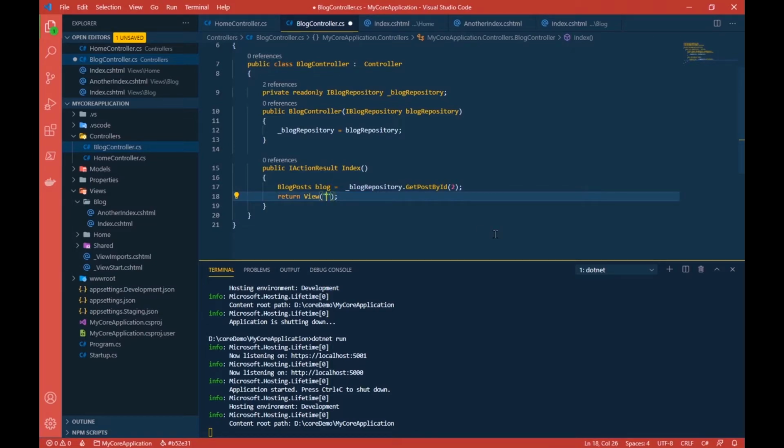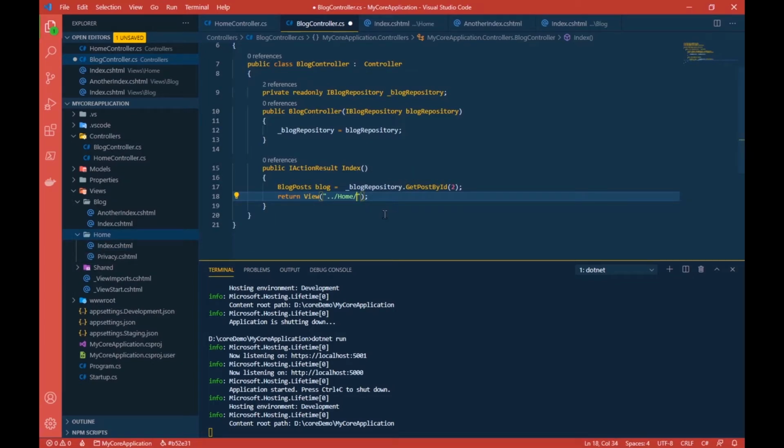So what I'll tell this, by default, we know that it will always go inside this blog folder. Once the view discovery mechanism is inside this blog folder, I will tell it to go back to your parent folder. That is, go back to the views folder. This ../ means go back to your parent. So this blog will go back to its parent folder, that is views. And then I'll tell from there, go to home and then load the index from home, / and then I'll tell that inside home, load this index.